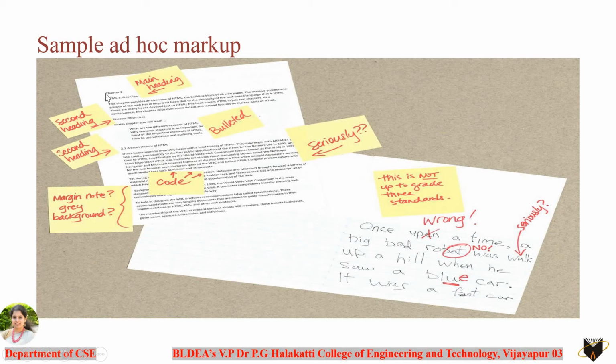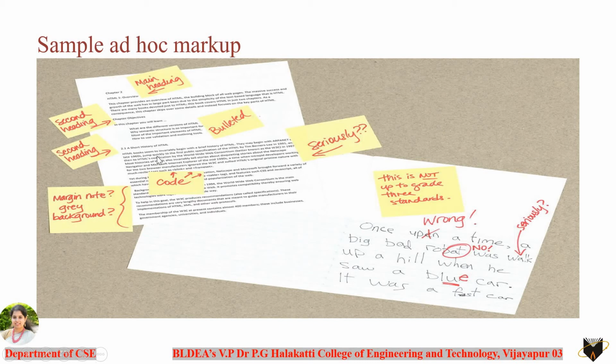You can see the first part in this page is a chapter 2 here. The next heading is the HTML overview, and you have a short history of HTML here, and later on you have some textual information here. Once I give this paper to you all, being a student, I'll ask you what is this chapter 2. You will clearly say that it is a chapter heading, and then you say what is this HTML overview. You can say that it is a subheading, and next it is a paragraph, followed by certain headings as well here.